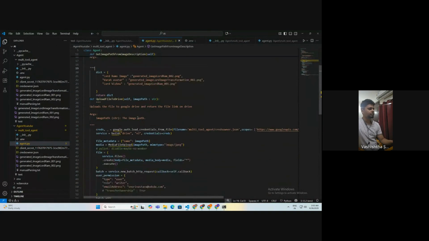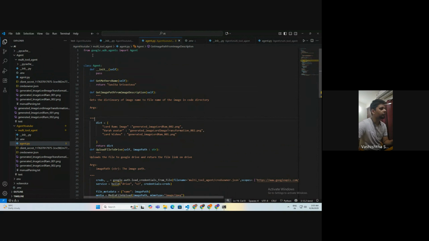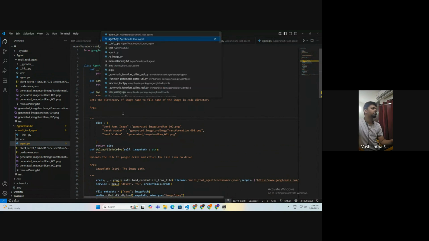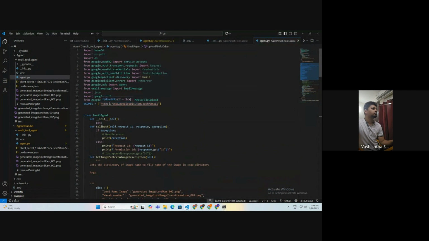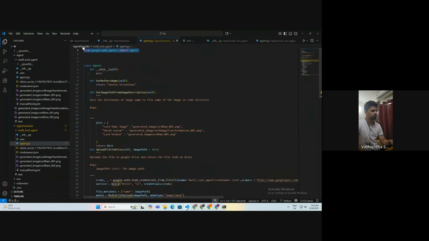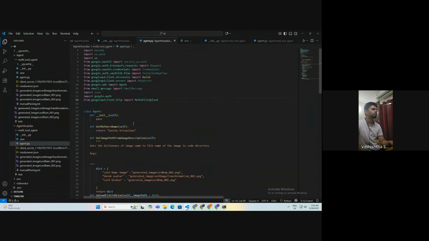So I have this now. I just need to add the imports from my previous file. There are a lot of imports here. It took me quite a while to figure out how to upload an image on this Google Drive.